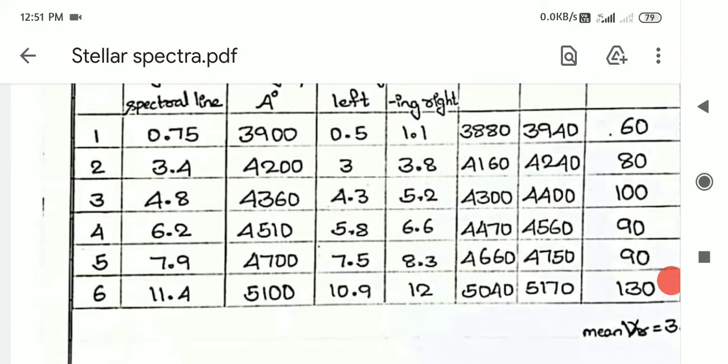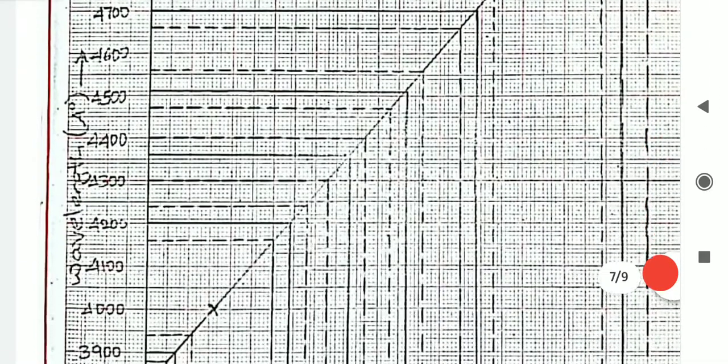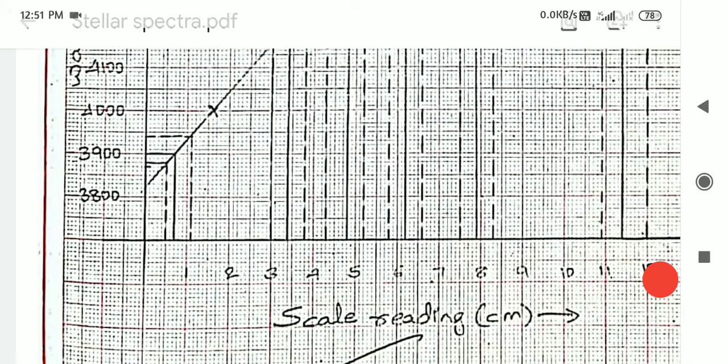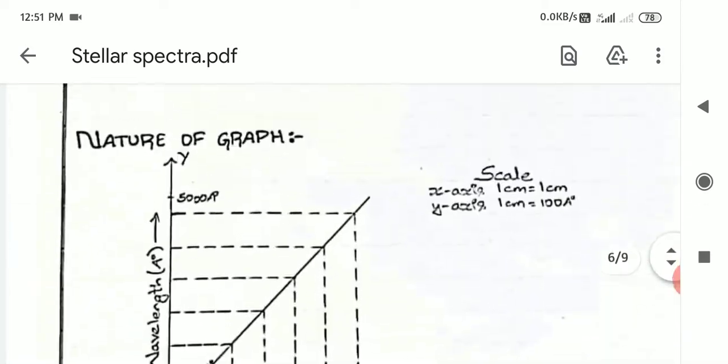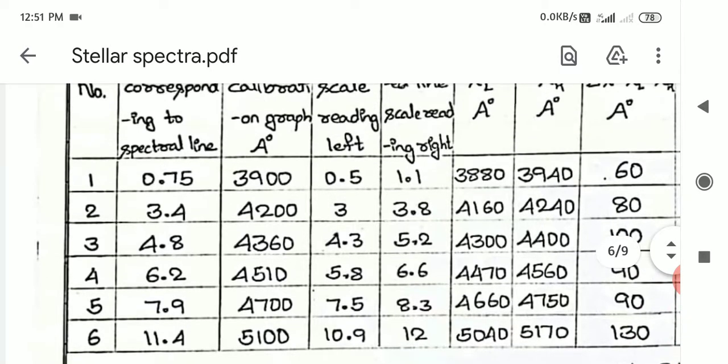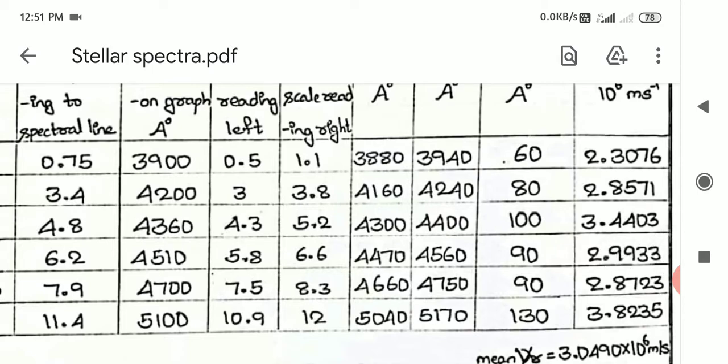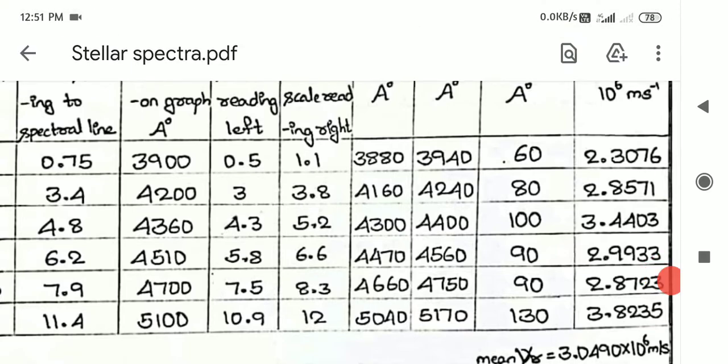Similarly, the second one is 3.4. 3.4 means mark a point at 3.4. Draw a continuous line, where it meets here, the horizontal line. For what value here does it line up? Each line value, 10 divisions is 100, each one is 10. That is 4190 maybe, that is 4200 or 4190. Like that only write it off. See, 4200. Similarly 4.8, 6.2, 7.9, 11.4, and same method for the left reading: 0.5, 3880, 3, 4160, 4.3, 4300,